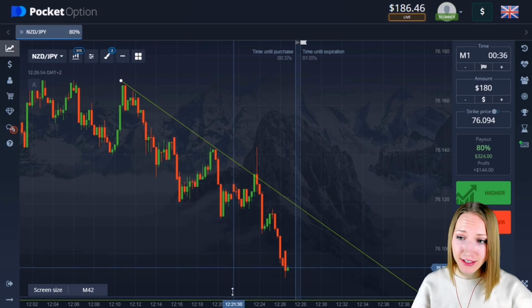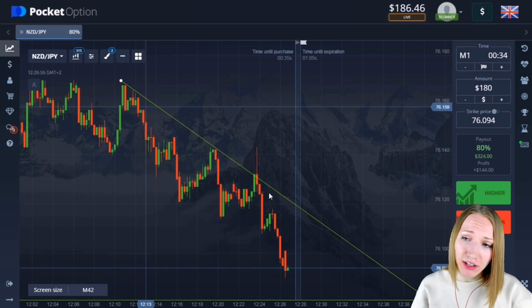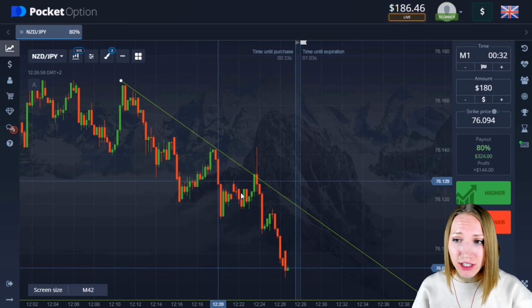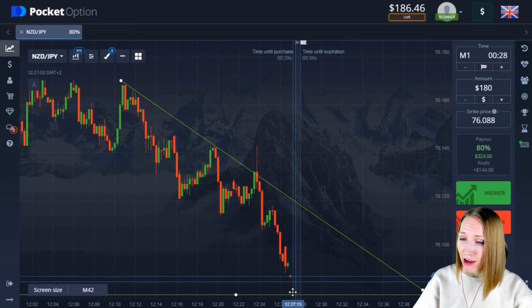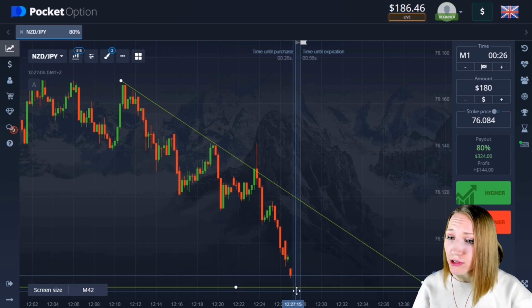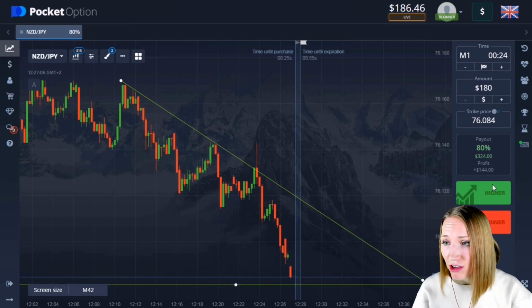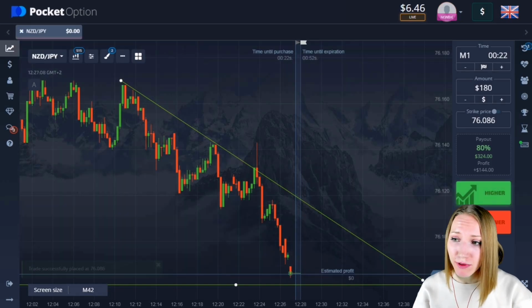Well, guys, here you can see at the bottom there is the support level, and also you can notice the downward movement and the price maximum is getting lower. So right now the price has been falling down to our support level. So let's open a trade for 1 minute with up.